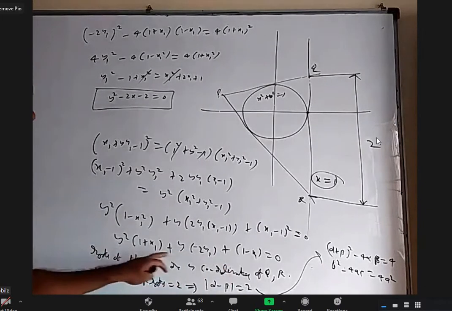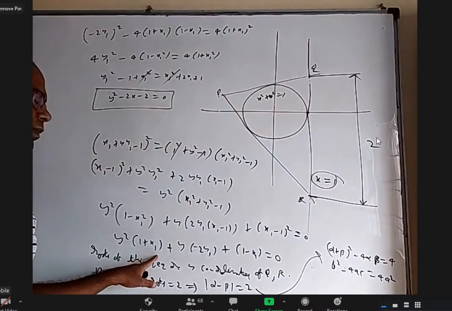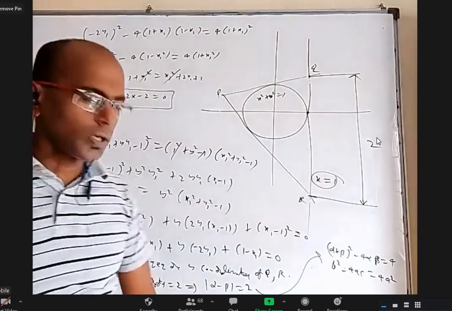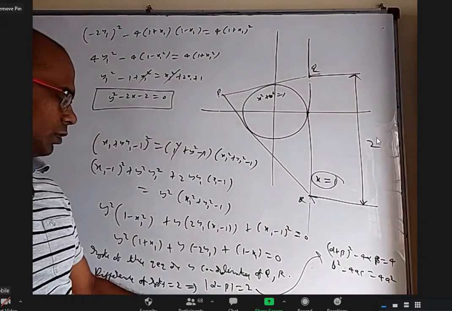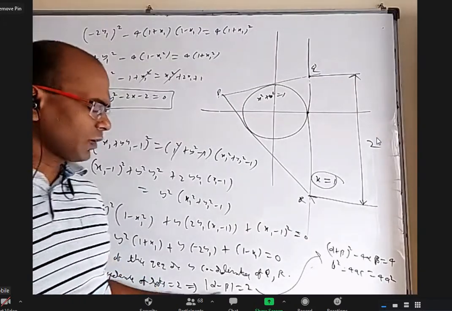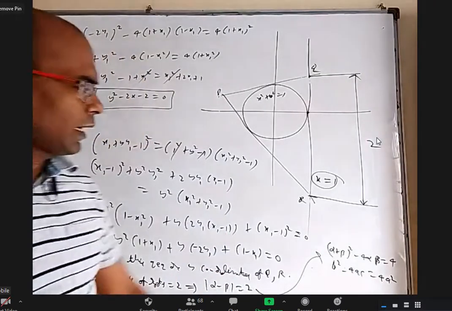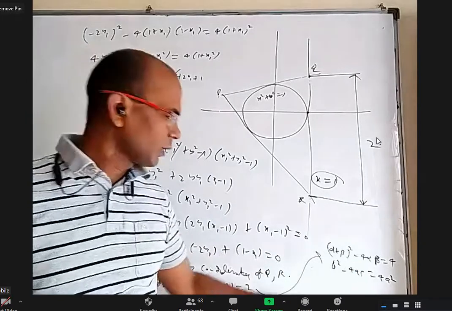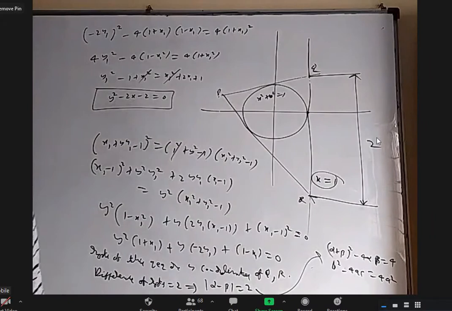What is this? We got a quadratic equation whose y coordinates are roots of this. So for this quadratic equation, if I assume roots as alpha, beta, this y coordinate is alpha, this y coordinate is beta. Alpha minus beta should be 2, the difference of the roots. So I squared it on both sides and wrote alpha minus beta whole square as alpha plus beta whole square minus 4 alpha beta. And I know the sum of the roots formula is minus b by a, the product of the roots formula is c by a. That is the step. What is a, b, c? This is a, this is b, this is c. Is it okay? Yes, sir.